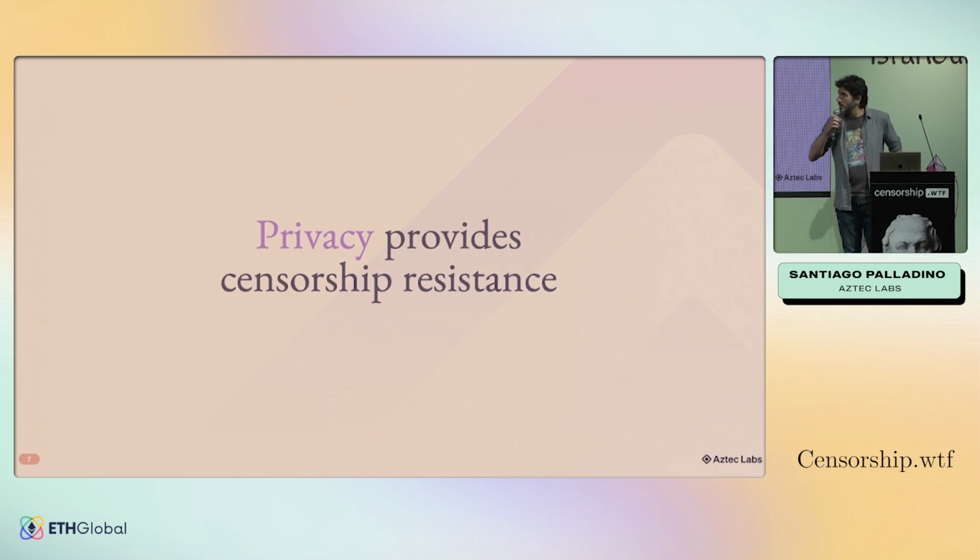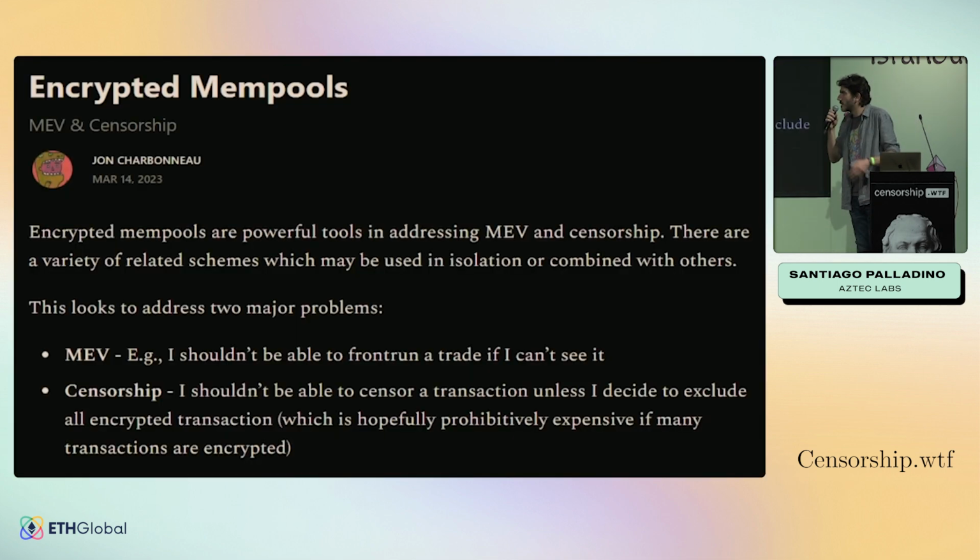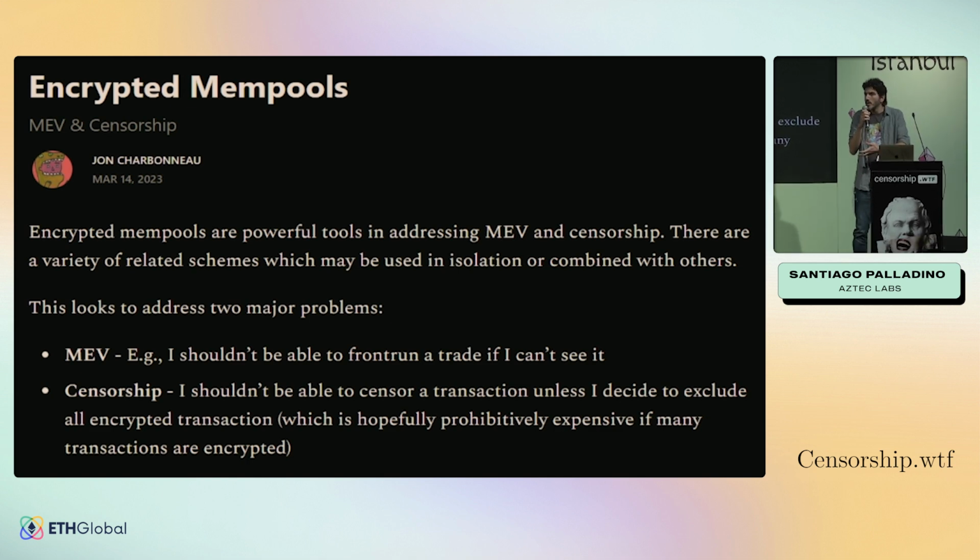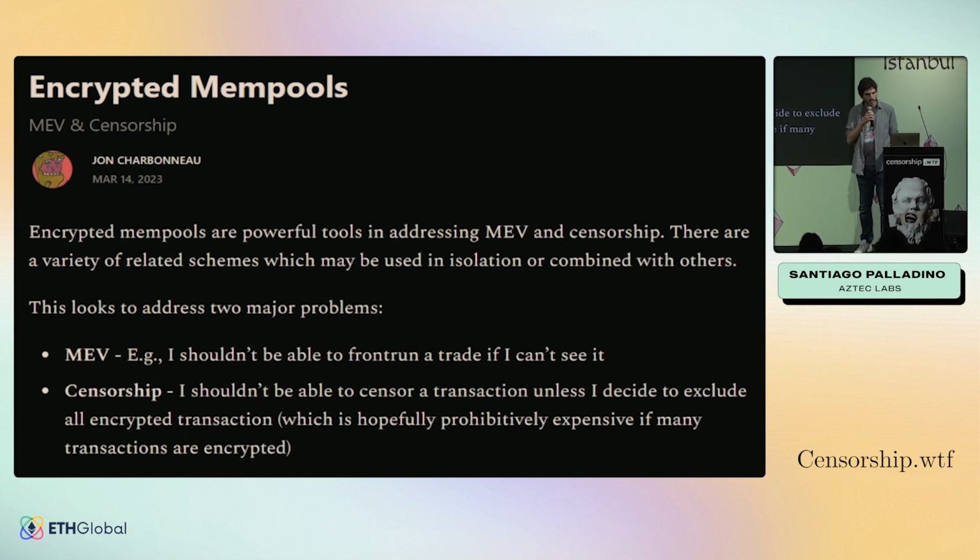And the thing is that we have already been using privacy in the context of Ethereum for some time, or at least have been discussing it. I see that I'm the second person in a row to have a reference to John in their slides. But for instance, encrypted mempools are a way of using privacy to prevent not just toxic MEV extraction, but also to prevent censorship. A sequencer that cannot see inside the transaction cannot censor it.